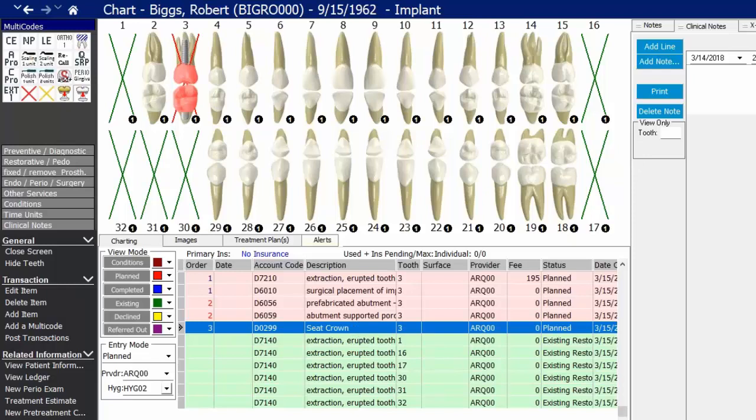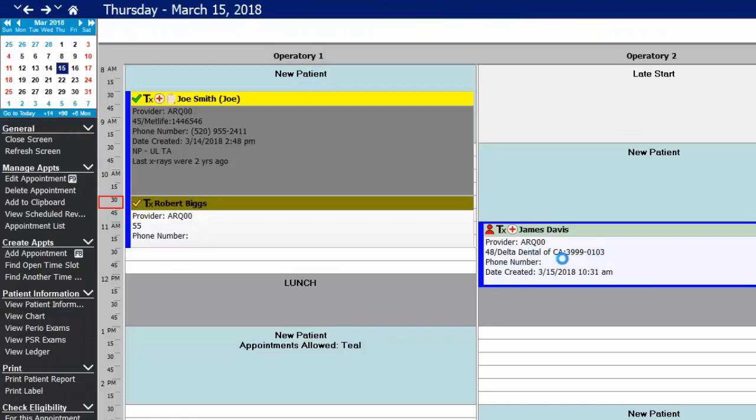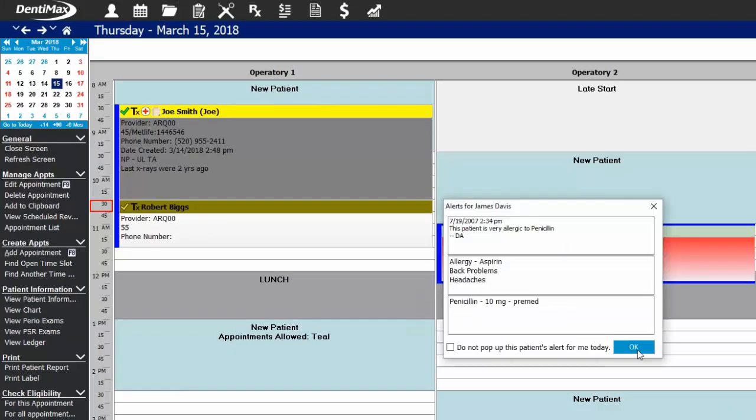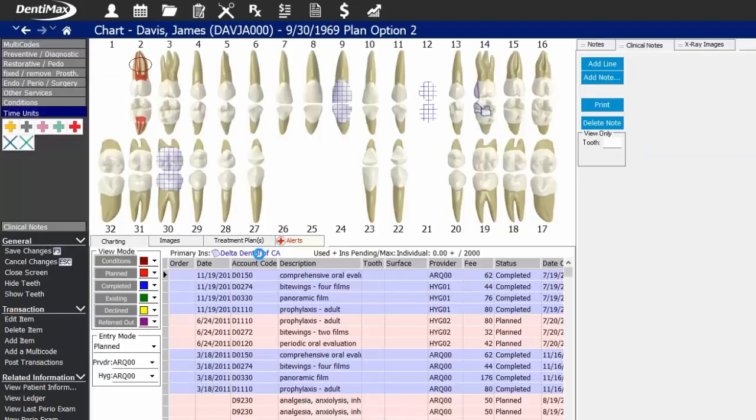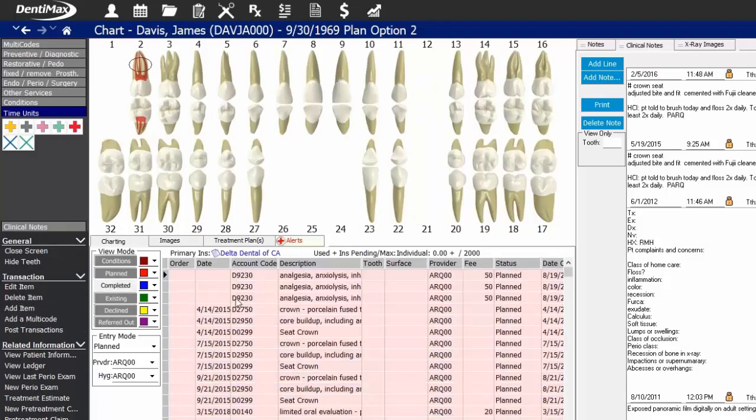Another thing I do want to point out in the chart screen is that you now have a hyperlink to that patient's insurance plan. Unfortunately, I chose someone without insurance, so let me back up here for a second and pull up someone with insurance. James Davis has insurance right there, Delta of California, so I can see that. And right here, if I want to get over to his insurance plan quickly because I want to evaluate what we think we might be able to offer him on a treatment plan, I can click on that insurance plan,